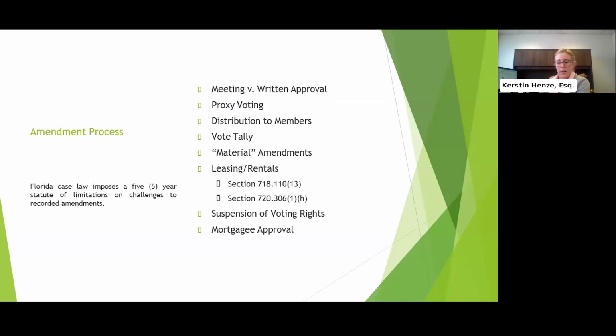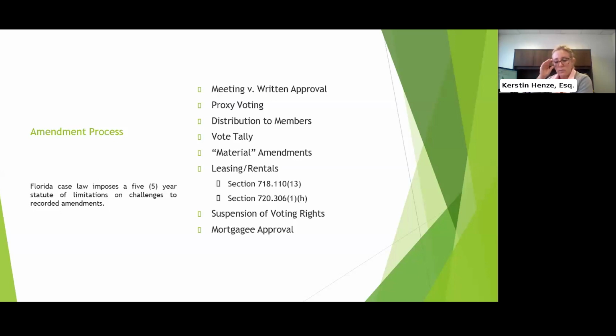Now, in terms of distribution to the members, the notice of the meeting with the amendment and the limited proxy, or if you're doing that by written consent, the written consent and the amendments can be distributed to the owners either by mail, hand delivery, or through electronic transmission, which is typically email, to those owners who have consented to receiving official notices by email.